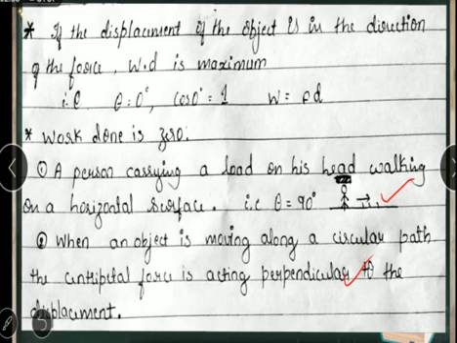So these two examples may be asked in your annual exam or in the competitive exam. So they will give the example and they will ask whether the work done is 0 or anything else. Okay,